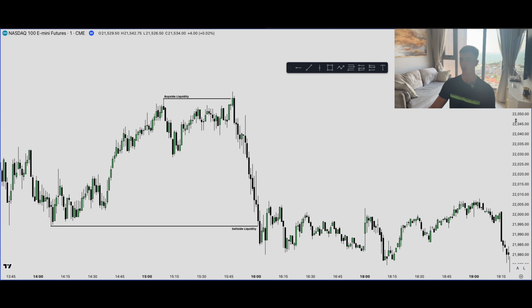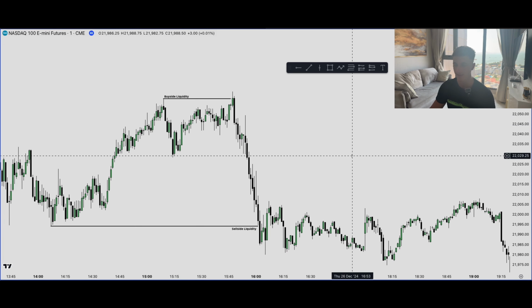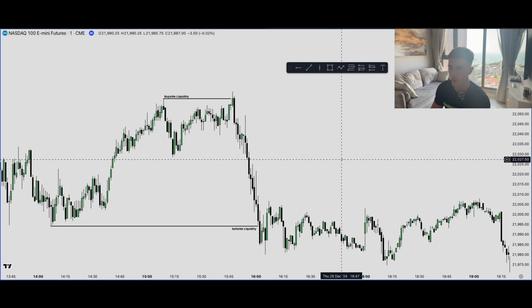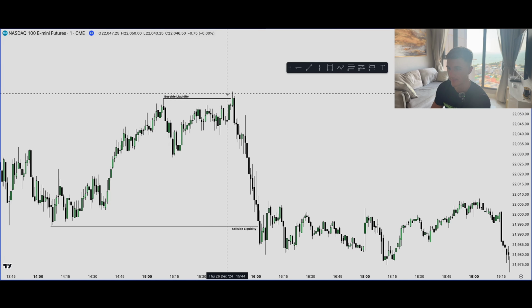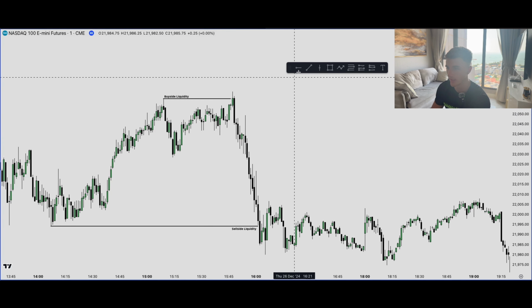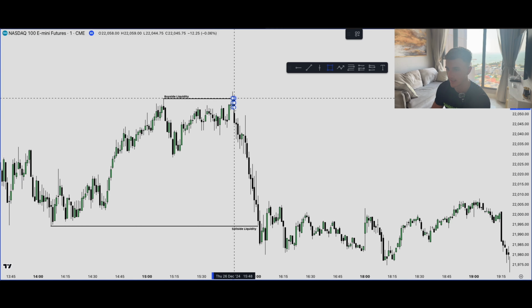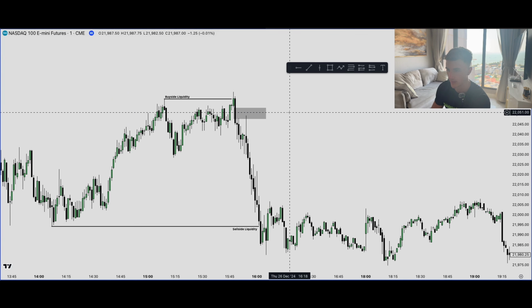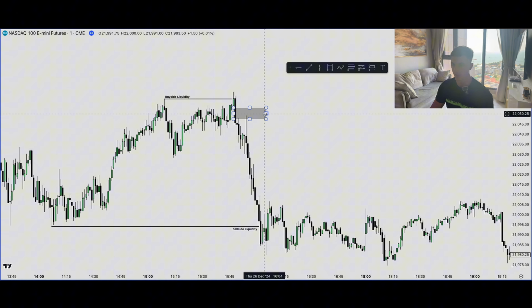All right, so this next example is a very, very simple and textbook setup. We sweep buy side liquidity, we get that displacement lower, okay? What do we have here? This is a clear fair value gap, okay? So clear FVG. Most of the people watching my channel already know what an FVG is, but if you don't